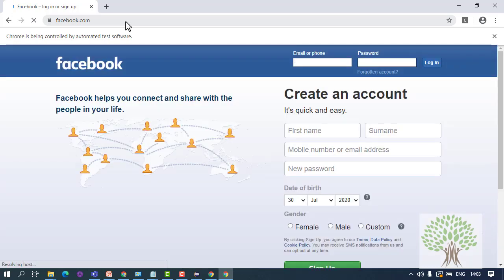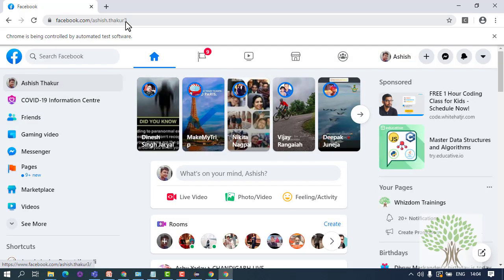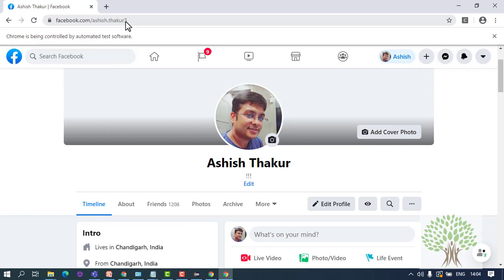So if I run this, I should be able to now reach the friends page wherein the list of all my Facebook friends is there. Okay, now out here you are able to log in, and you see you reach this page, and it should be clicking on the friends link over here.